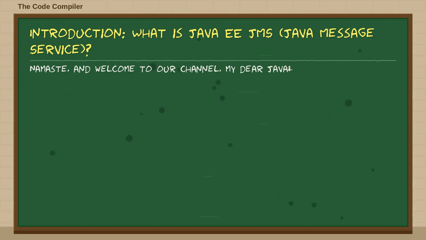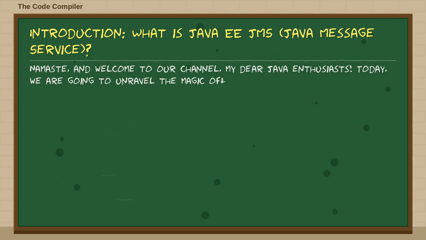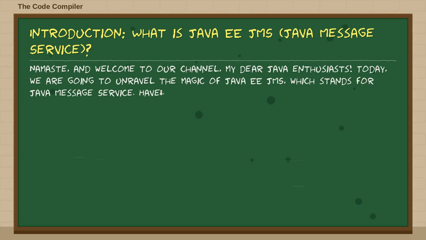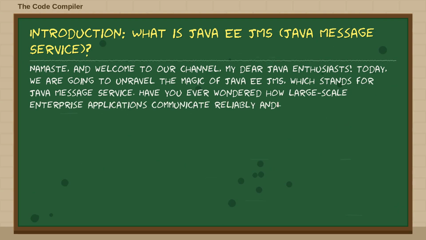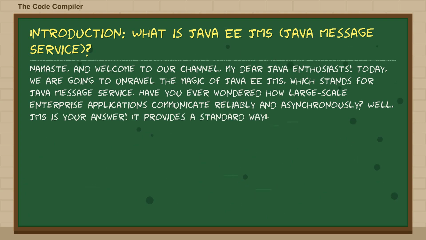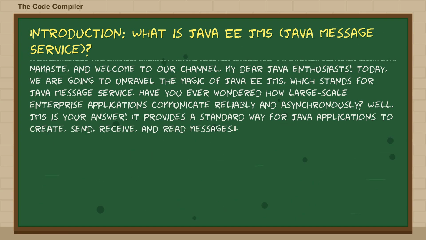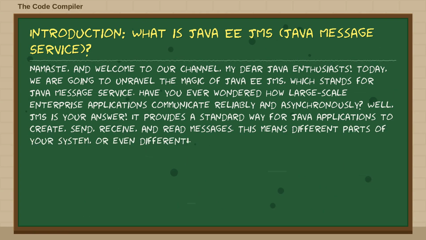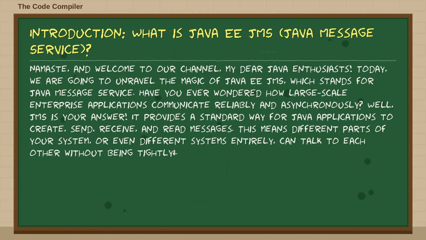Today, we are going to unravel the magic of Java EE JMS, which stands for Java Message Service. Have you ever wondered how large-scale enterprise applications communicate reliably and asynchronously? Well, JMS is your answer. It provides a standard way for Java applications to create, send, receive, and read messages. This means different parts of your system, or even different systems entirely, can talk to each other without being tightly